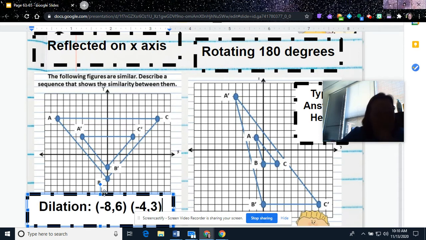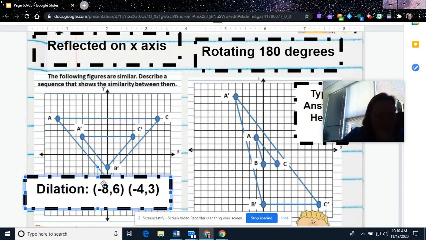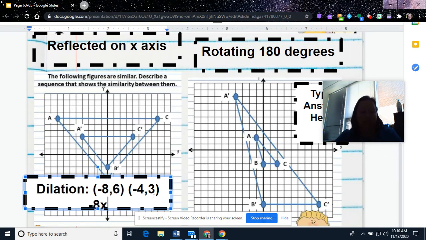I'm going to scoot this up a little since that's at the end of the screen. You have to think about what math you have to do to take your original, which was -8, and change it to -4. And so that's like solving an equation. So it'd be like -8 times what gives you -4. When you do that, you could divide both sides by -8, and you would see that x would equal 1/2. And so the dilation, the scale factor,